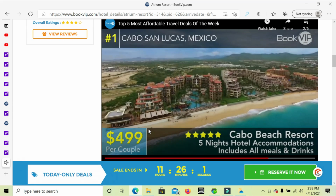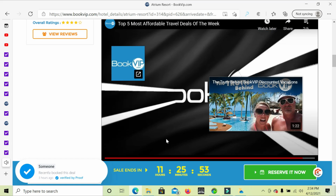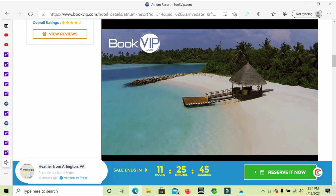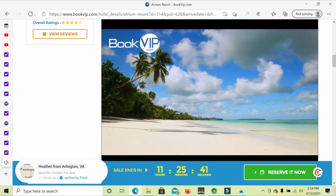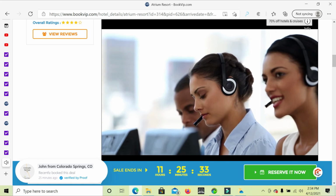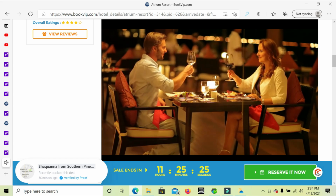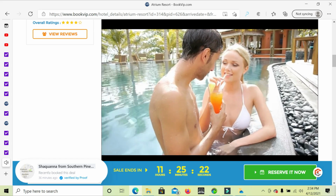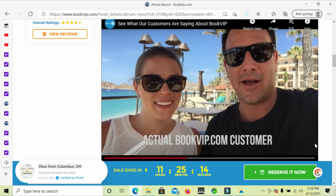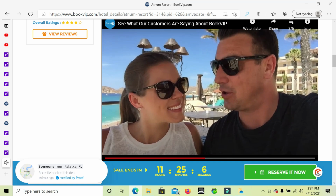Our top deal of the week is located in world-famous Cabo San Lucas. At $4.99 per couple, including all meals and drinks, dates are limited, so visit bookvip.com to book today. We would like to thank you for considering bookvip.com for your next vacation. Bookvip.com has an A rating with the Better Business Bureau and has exclusive, all-inclusive vacation deals that you won't find on any other travel website. Our friendly, award-winning customer service staff is available 24 hours per day, before, during, and after your trip. Our goal is your complete satisfaction. At bookvip.com, it's what our customers say that matters. We're at the Villa de Palmar Resort here in Cabo San Lucas, and we wanted to thank bookvip.com for this amazing deal. It looked like it was too good to be true with the all-inclusive, but it has been...